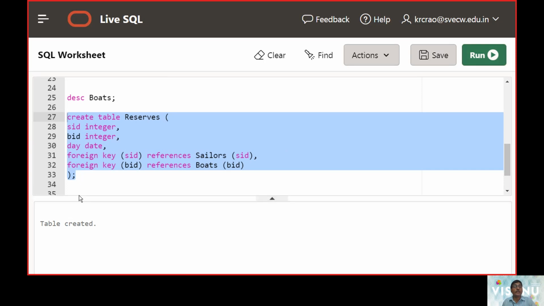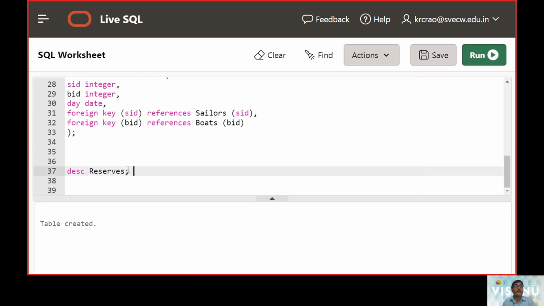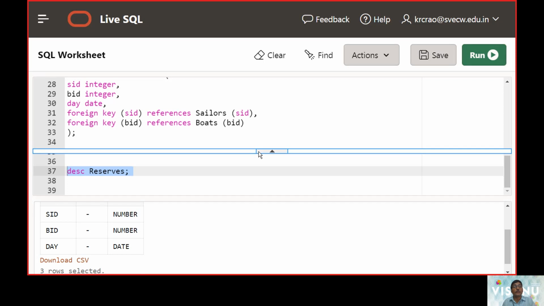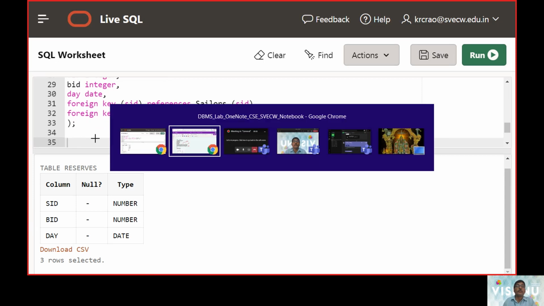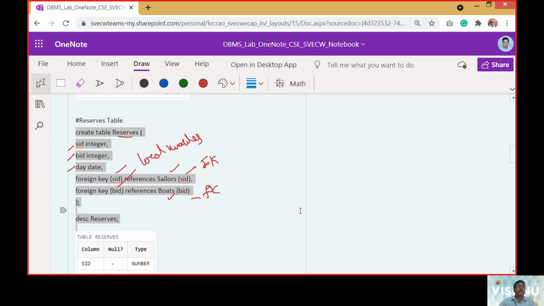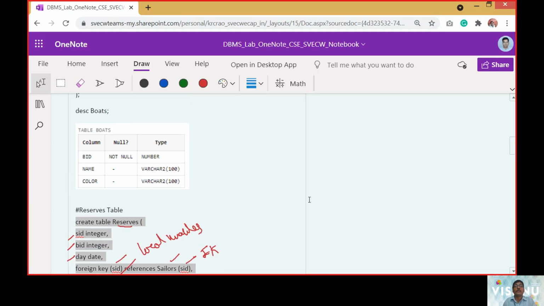The table was created. Now let us see whether the table exists. You can see all the fields mentioned here. Up to now we talked about the data definitions.